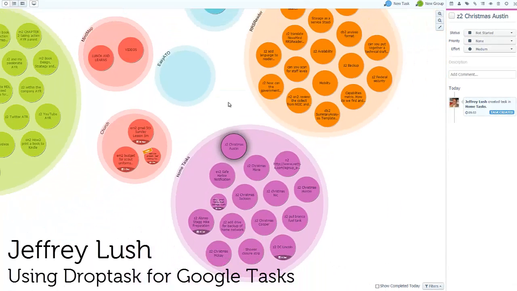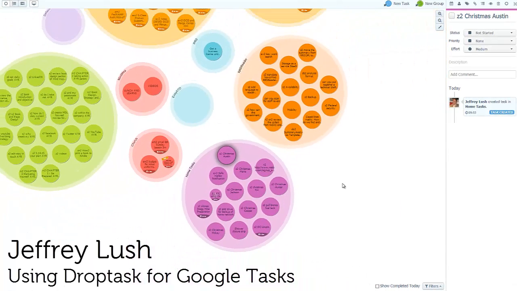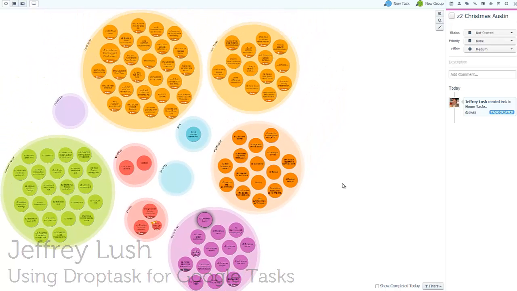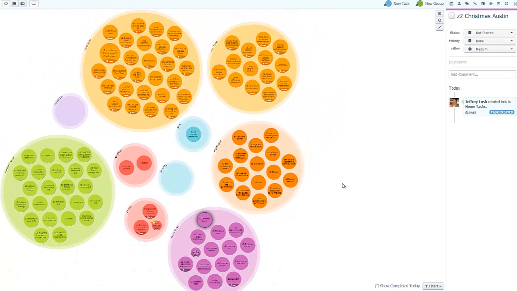So let's go ahead and take a look at task management again within Google Tasks. Now this happens to be a program called DropTask, and it's available at droptask.com. And I'm always looking for different ways to modify and to manage my tasks within Google. And I have found, as you can see, other postings here on this YouTube channel, I have found that using